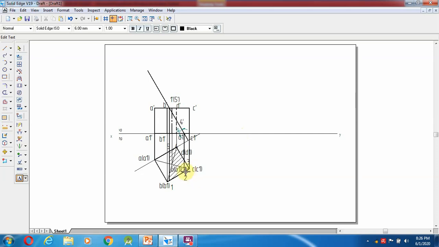So 2 dash and 3 dash, here it will be coming 2 dash as well as 3 dash. Why? Because this point will be hidden by the second point, that's why 3 dash comes in the bracket. Even here also 5 is hidden by the first point, so it comes in the bracket, but here for 4 there is nothing, so that 4 dash line we can see over there.